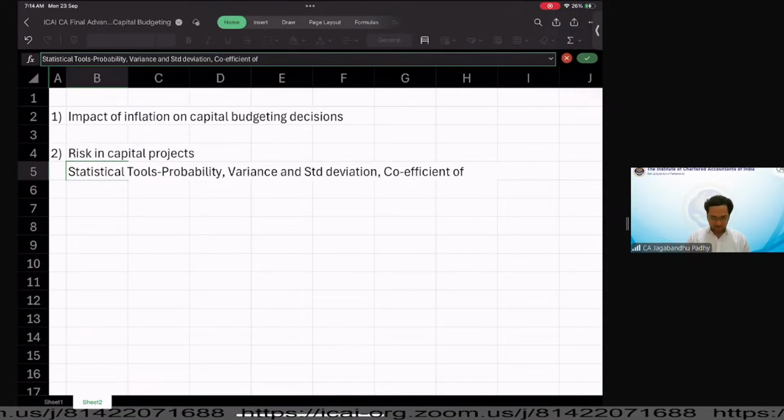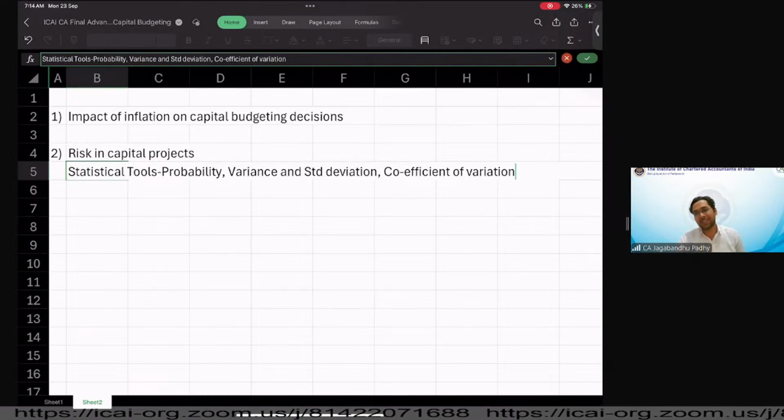Then, of course, we are going to learn something called coefficient of variation. Now, some of you, when I teach this to the students, they are like, sir, we thought it was over at foundation, right? So many students thought that, sir, this was over, enough of statistics. Now we don't need to encounter statistics in our life anymore. But now you are seeing probability, variance, standard deviation, coefficient of variation. So these topics you are bringing up right now.